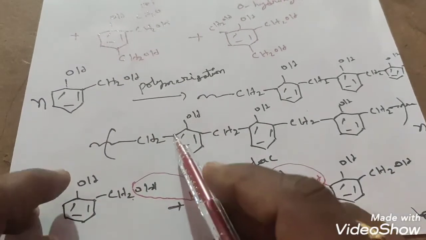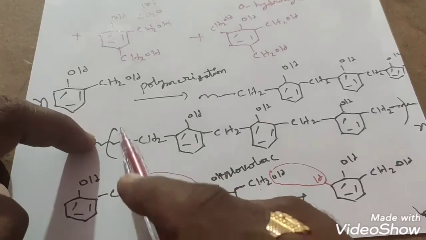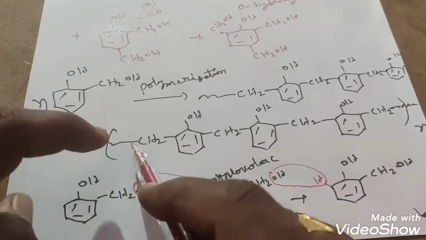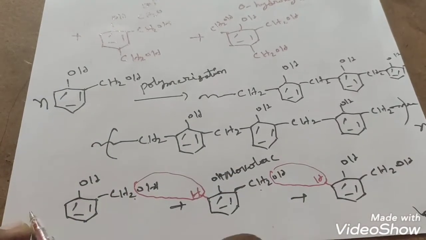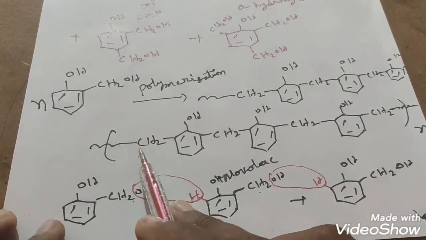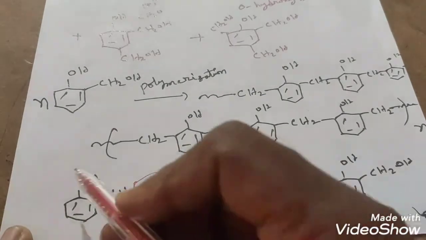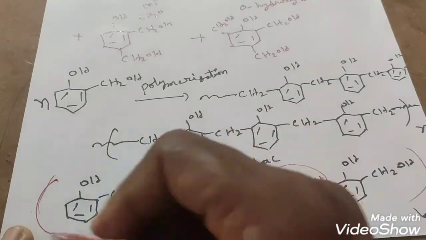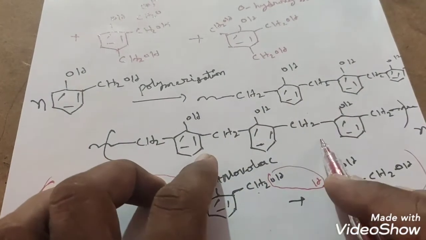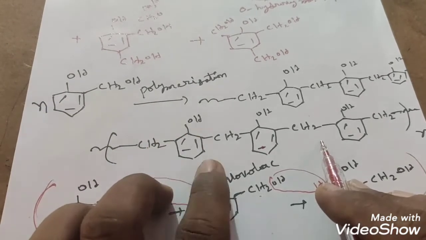Suppose you may ask a question here. This side also you kept a CH2, sir? Yes. CH2, next benzene ring, OH should be present, because if you add one more molecule to this side, definitely you will get this. Correct or not? So how it will join means this is the procedure we have. This is the procedure, right? This is the main product, that is what? Novolac. The initial product we have got, students, right? This is the Novolac preparation.